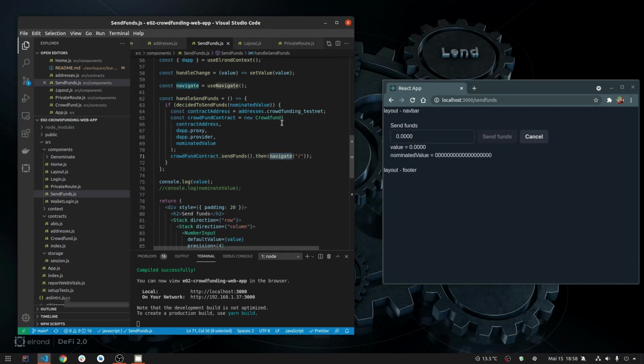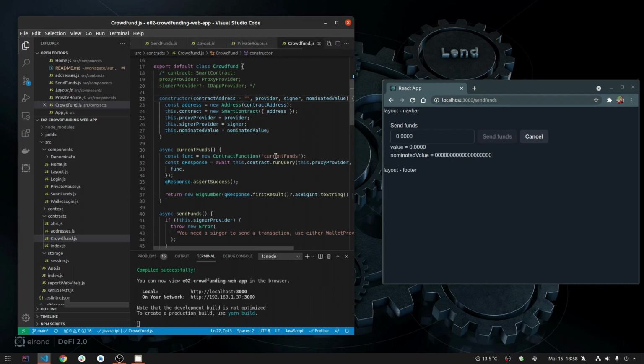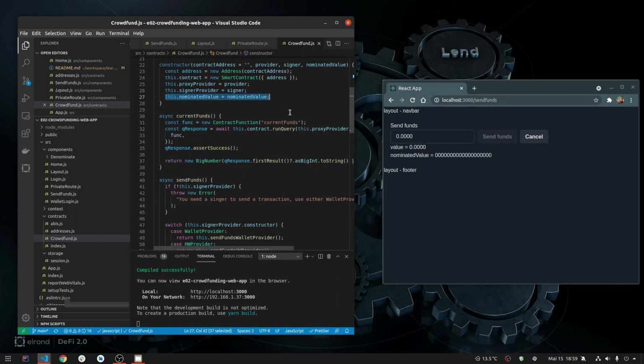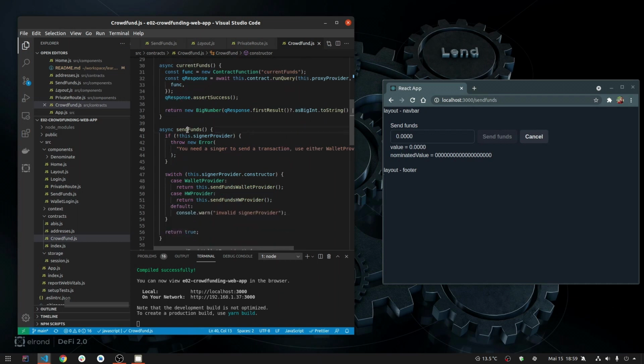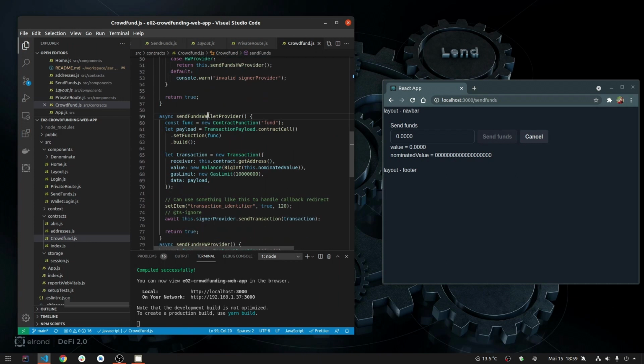So what we have to change for the ground funds? Not much. I just added the denominated value here, and when sending funds using the wallet, here I am instantiating a new instance of balance with the value of my denominated value, and that's it. Basically, this is all that I had to do. So the result is quite nice because I can send